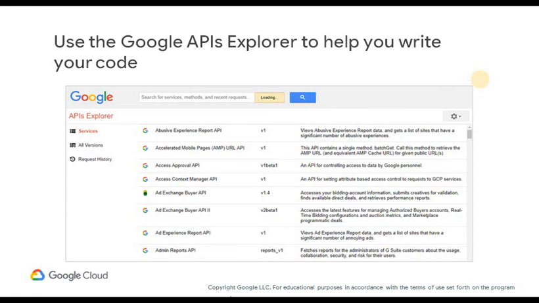Suppose you have explored an API and you are ready to build an application that uses it. Do you have to start coding from scratch? No, Google provides client libraries to take a lot of the drudgery out of the task of calling Google Cloud from your code.